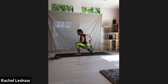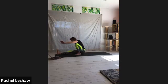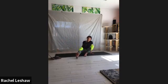Okay, we let that go. We place our right palm and we'll step our right foot through and sit. And that's practice for eventual jump. Okay,